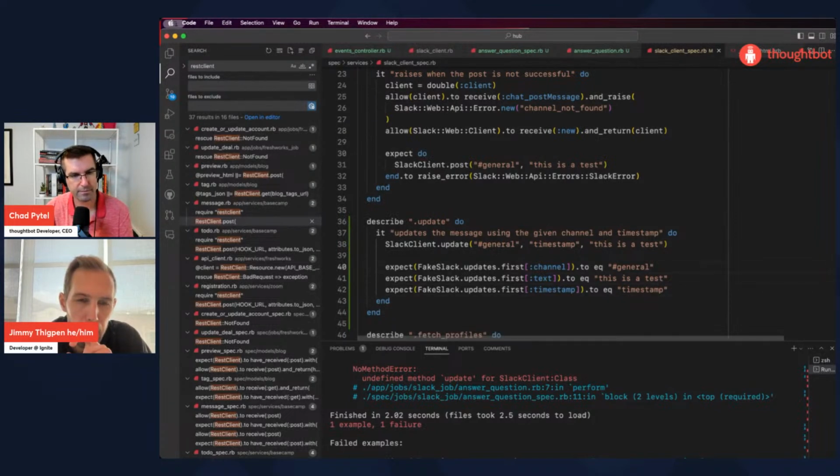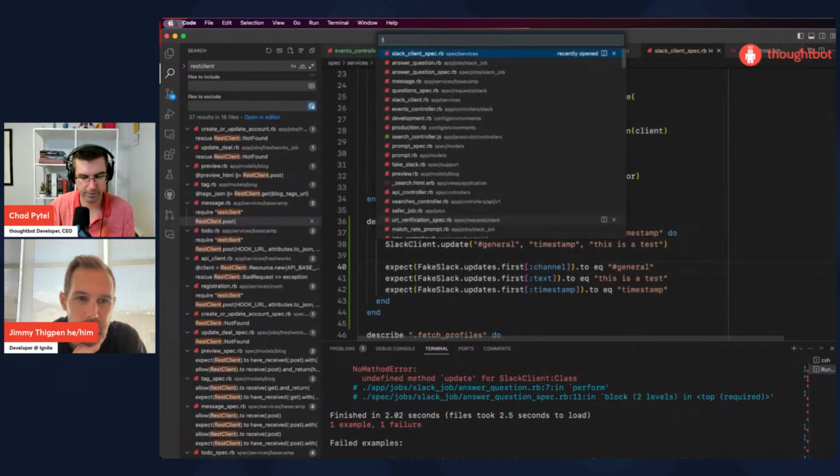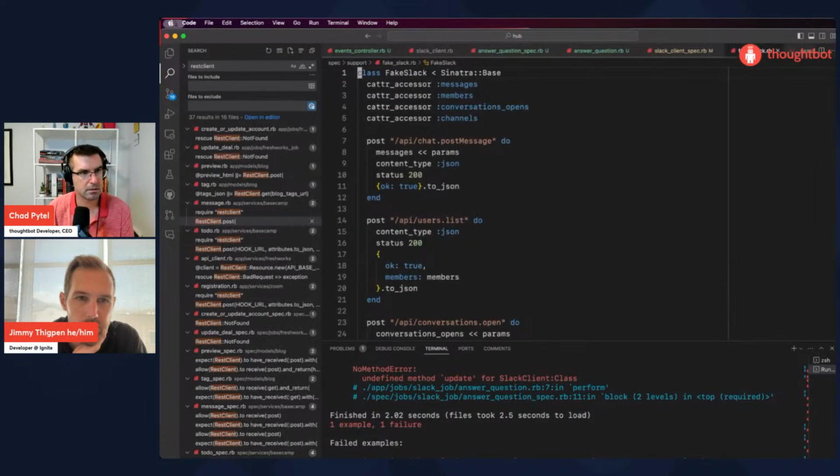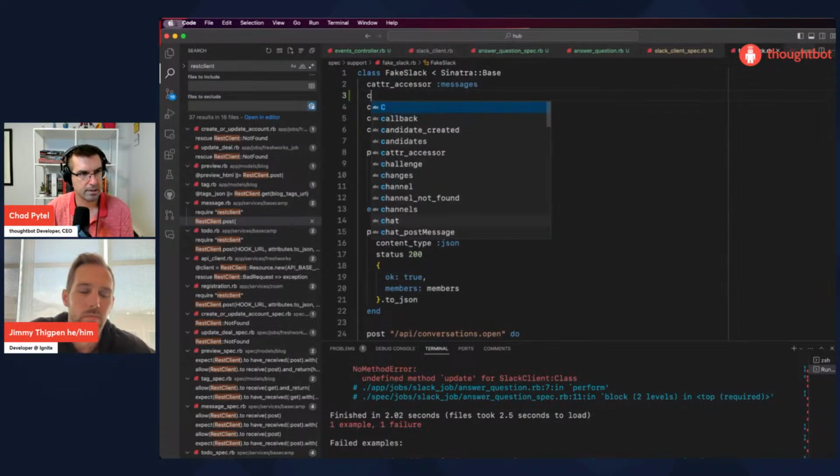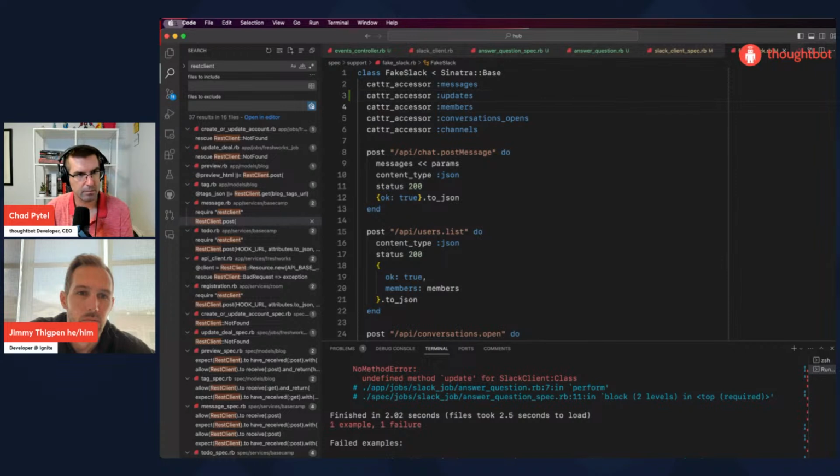That parse flag is telling it whether to parse the text as markup. Okay. So now if we go over to fake Slack, basically create a place to store the updates. Cool.